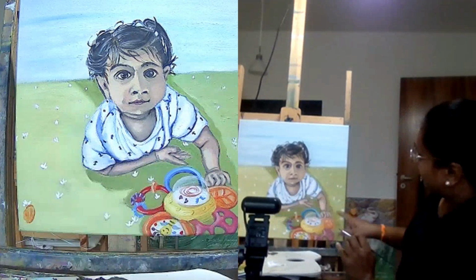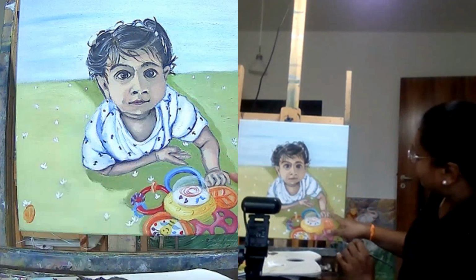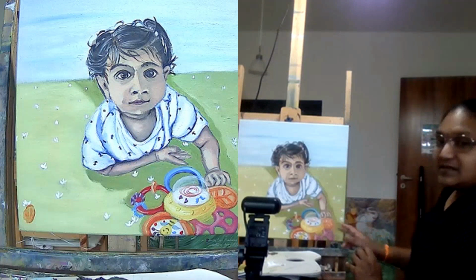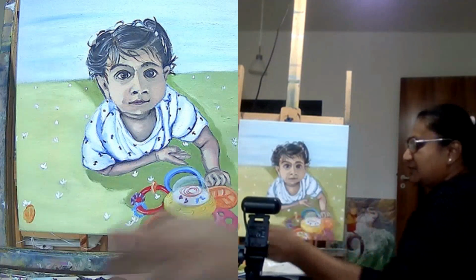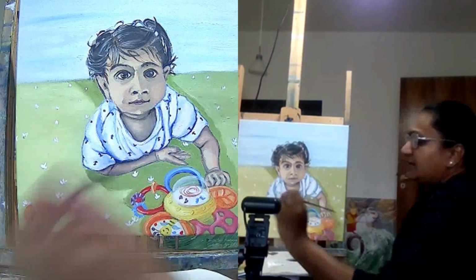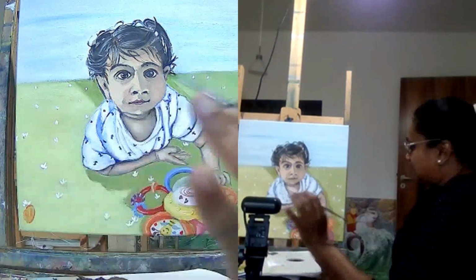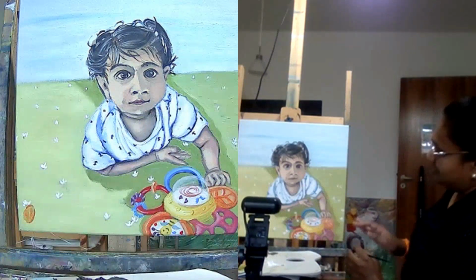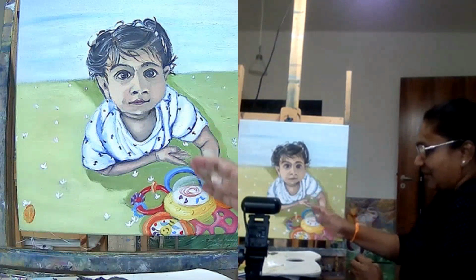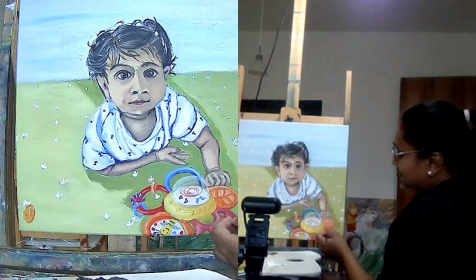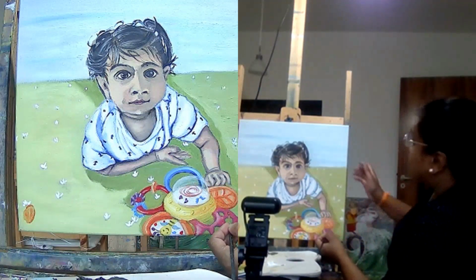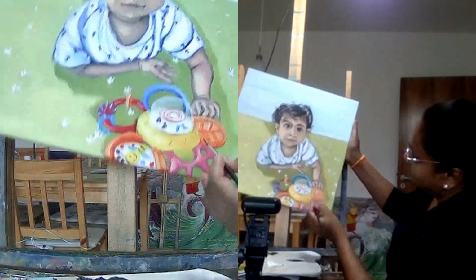And this is one thing. There's also a place very close to the body on the right side where it is slightly darker. That's what we wanted to show. Let's now paint away, not make the grass. So the darkest portion, we are coming close to the toy. Let's do the toy first.